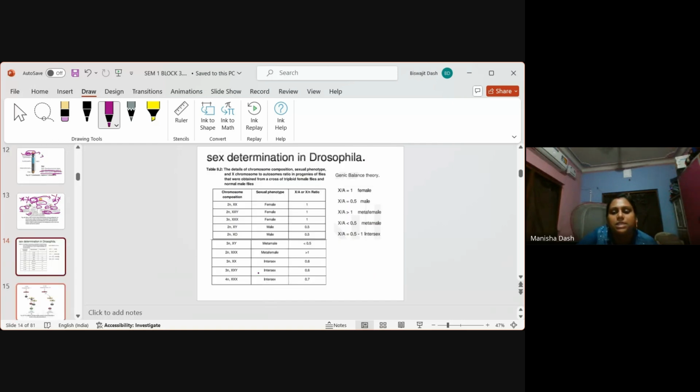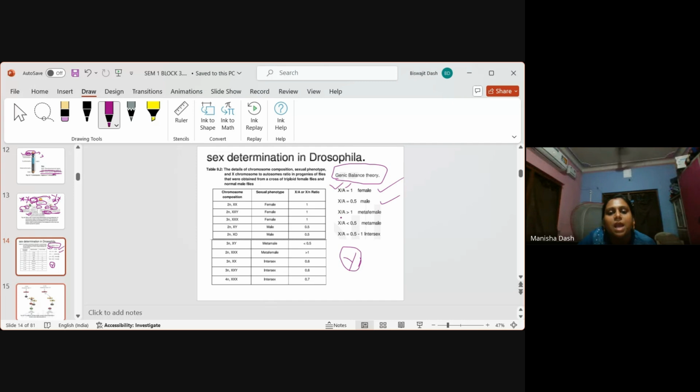Now, coming to the sex determination in Drosophila. This is popularly known as the genic balance theory. So here, although the Y chromosome is usually present in the male, the Y chromosome does not solely determine the sex of the individual. There is a balance between the X chromosome and the autosome that will determine what the individual will develop into. So if the ratio of the sex chromosome and autosome is 1, it will develop as a female. If the ratio is 0.5 or 1 by 2, then it will develop